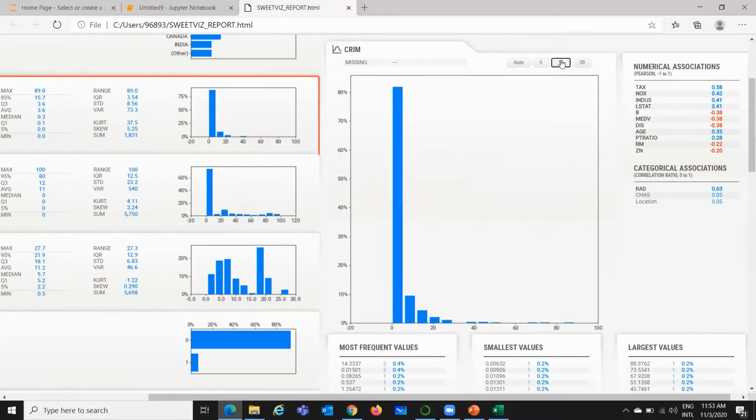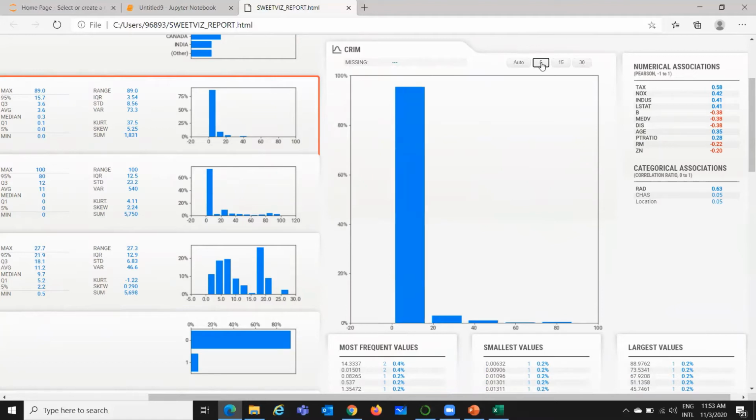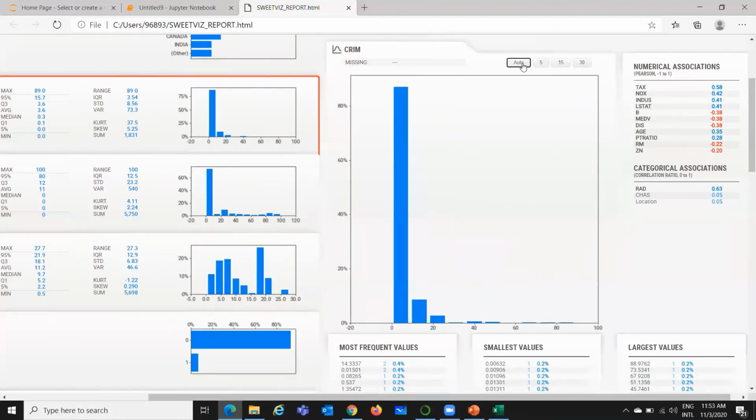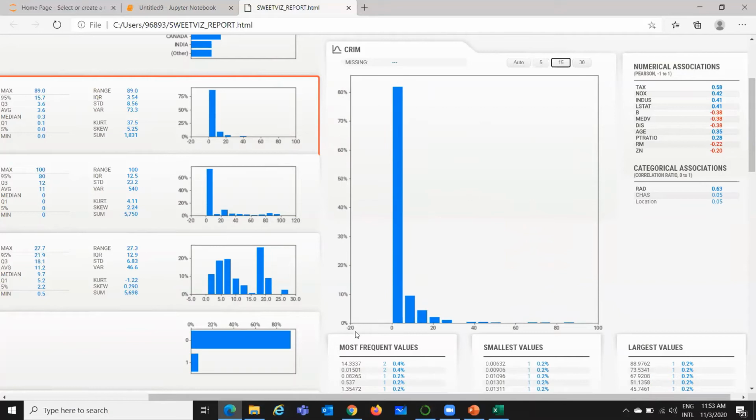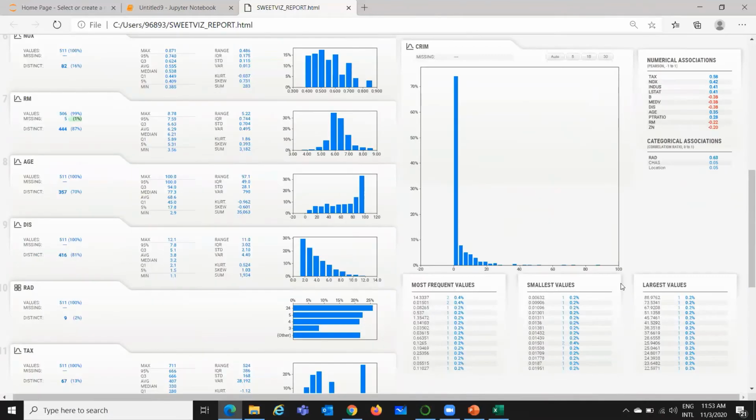So you can select your own from here, or you can also put it in auto. So 5 means only 5 bins. 1, 2, 3, 4, and 5. So 15 means you are dividing the entire range into 15 bins. 30 means dividing entire thing into 30 different bins. You can zoom in by pressing Ctrl minus.